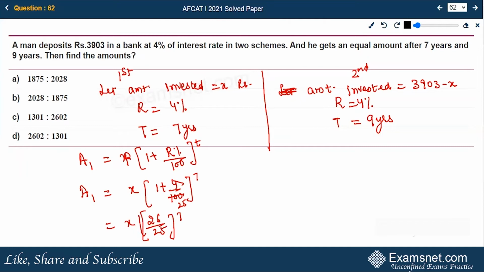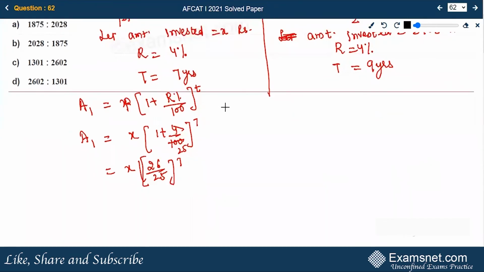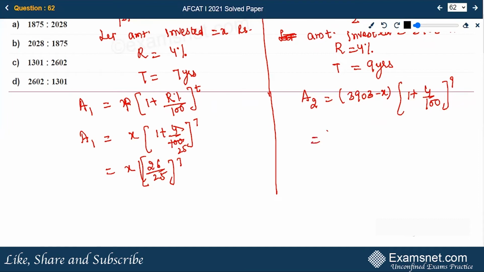In the second case, amount 2 is principal into 1 plus 4 upon 100 raised to power 9, 3903 minus x, this will be 26 upon 25 raised to power 9. See, they will cancel at 25. So,